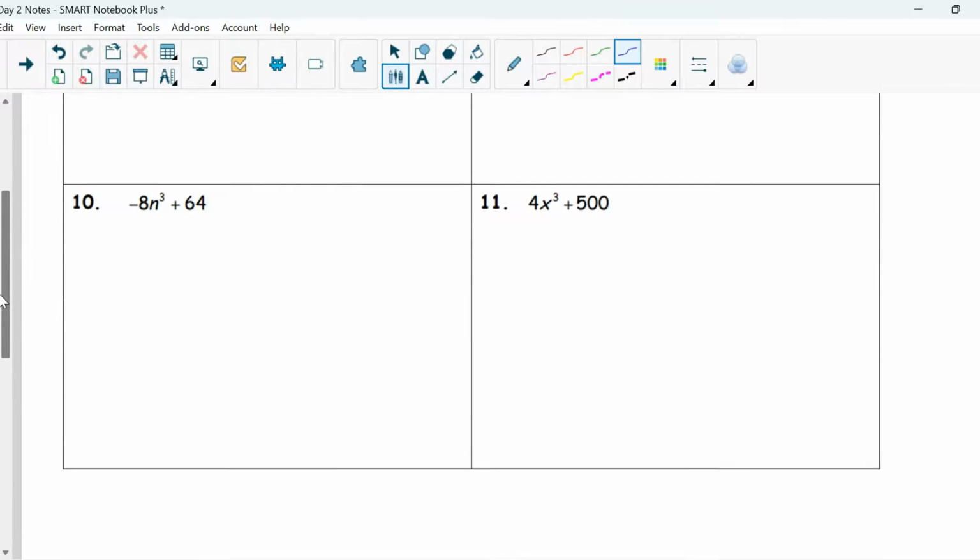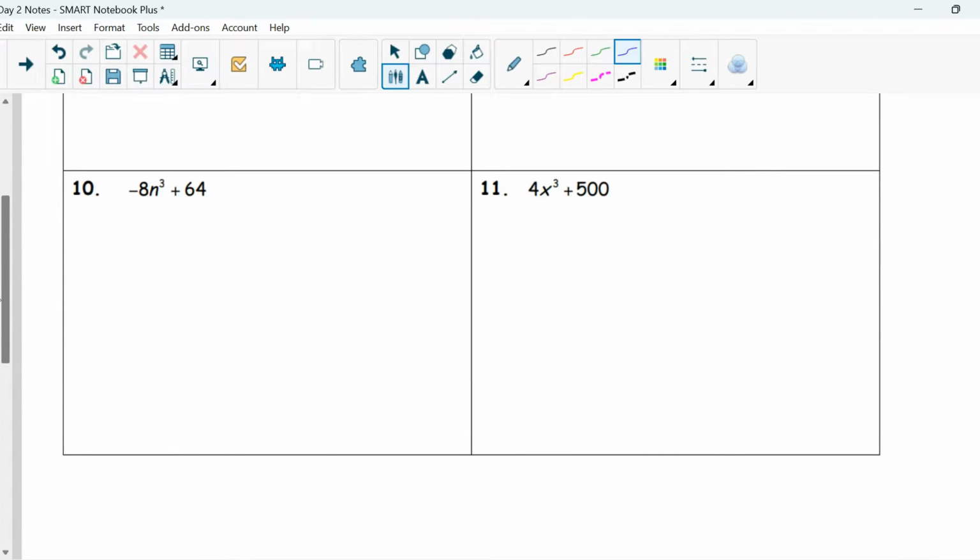You can save those for class. But in one like number 10, you may notice that you can factor out a greatest common factor first. We have to do that first if it is a possibility. So let's do it. My greatest common factor between negative 8n cubed and 64 would just be 8 or negative 8. It doesn't matter. But we might as well factor out a negative 8. So if I factor out a negative 8, I have left over